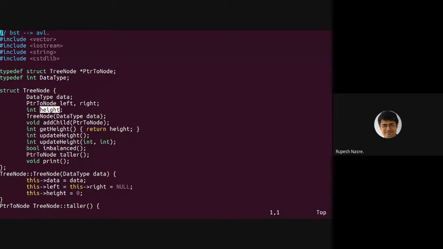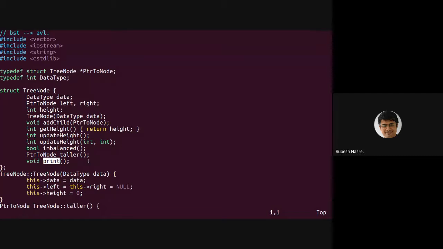And using that height function, you will be able to check which one is the taller one, the left one or the right one. And that can also be useful because of the rebalancing or rotation. Finally, there is something to print.